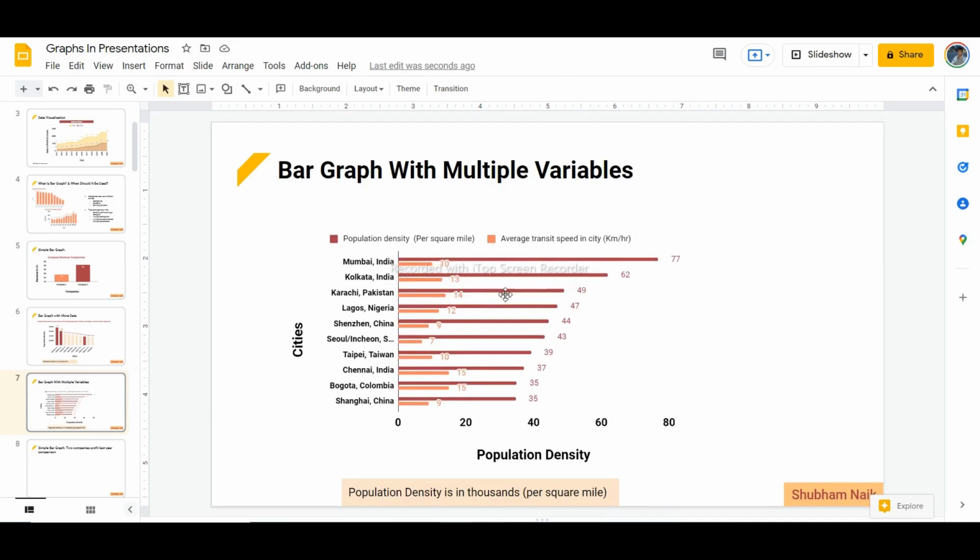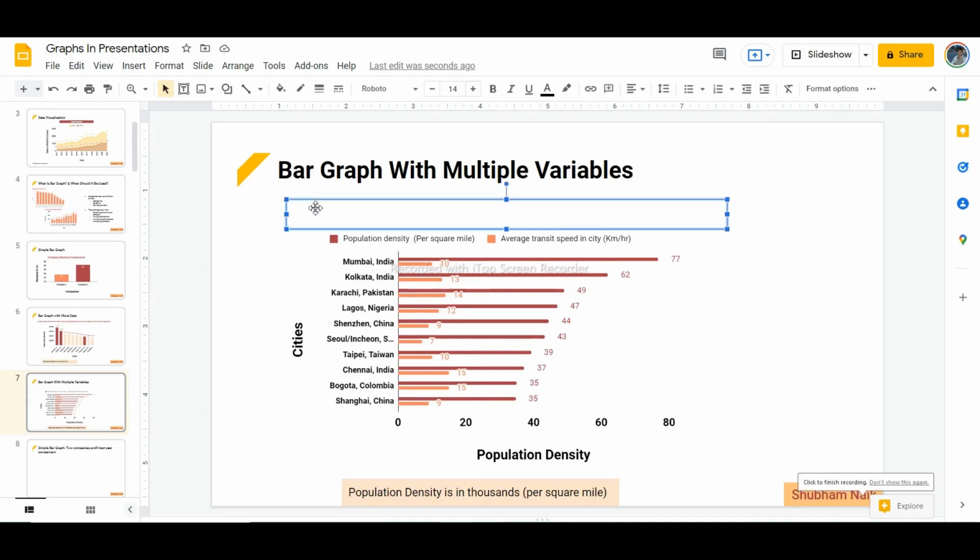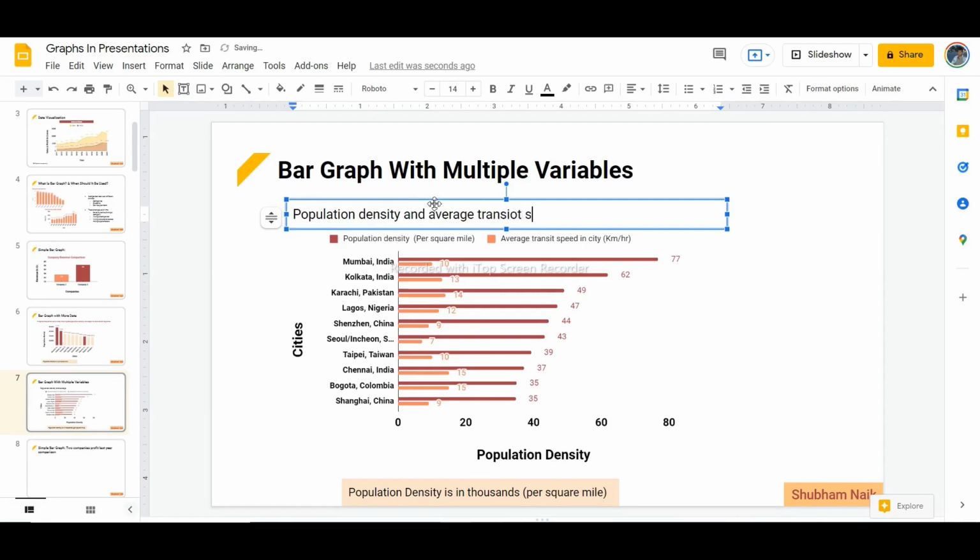If we observe this graph also now, we can see that there isn't any kind of relation between the population density as well as the average transit speed in these particular cities. So let us write our observation here. Population density and average transit speed